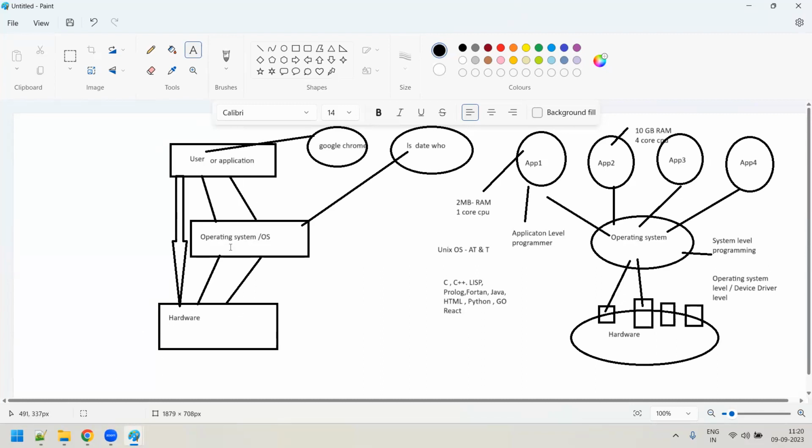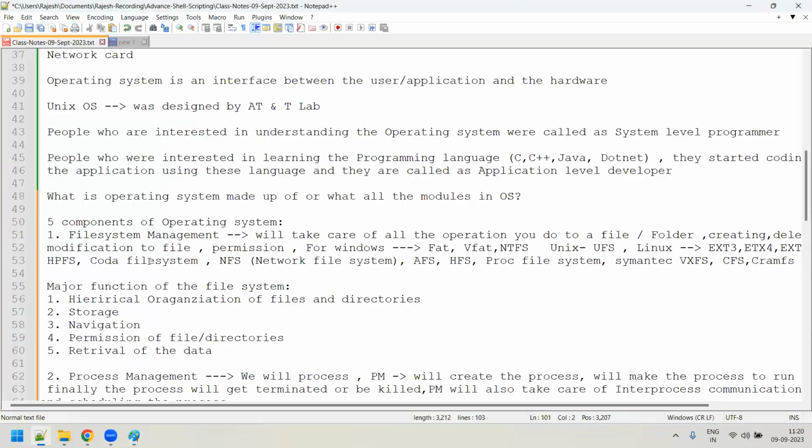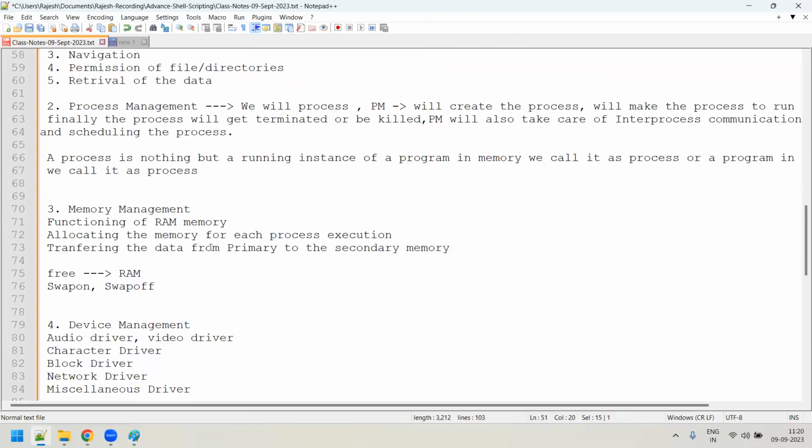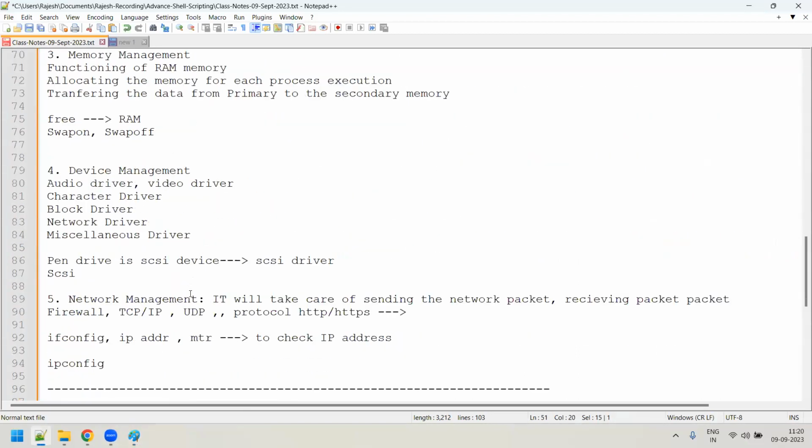We also understood what the different components of the operating system are. There are 5 different components, starting from the file system, process management, memory management, file management, device management, and network management. We understood just one line of information about each management.